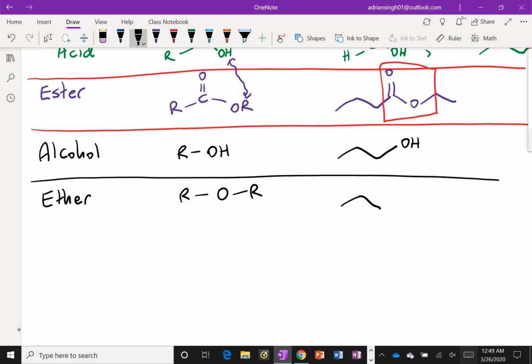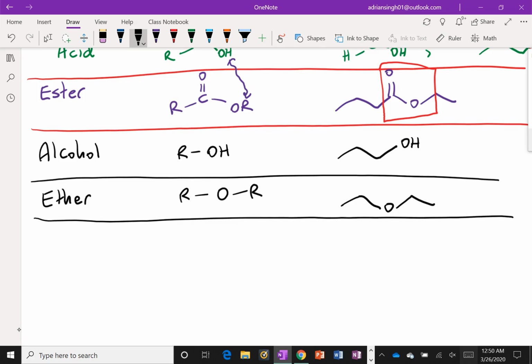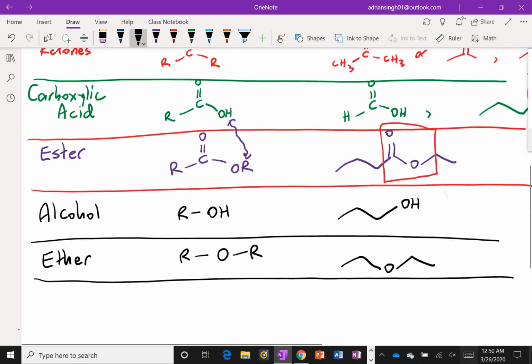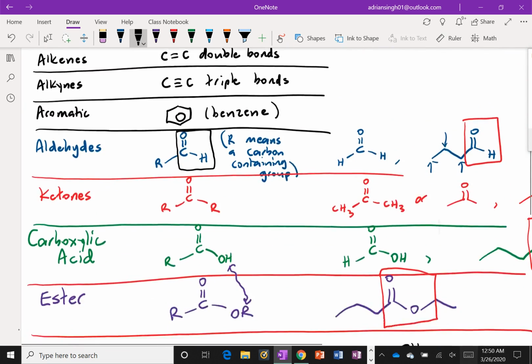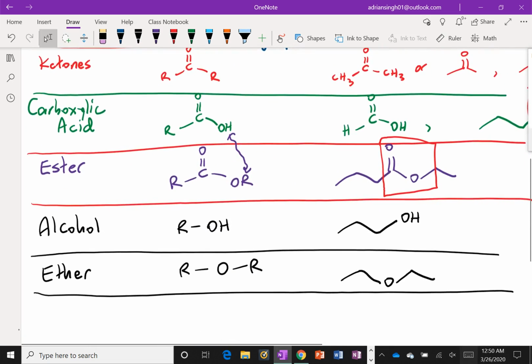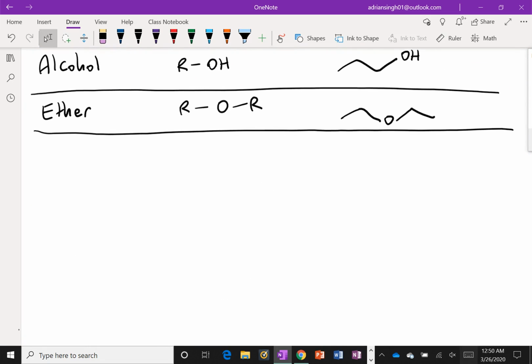So I have something that looks like that. Right, so in this case, I have an O between 2 carbons. That makes it an ether, and those carbons on either side can be 5 carbons long, or it can be just a single carbon. All right, so these are the functional groups that contain oxygen in them. There's another one that we'll see here in a little bit, but I want to also talk about a couple of functional groups that contain